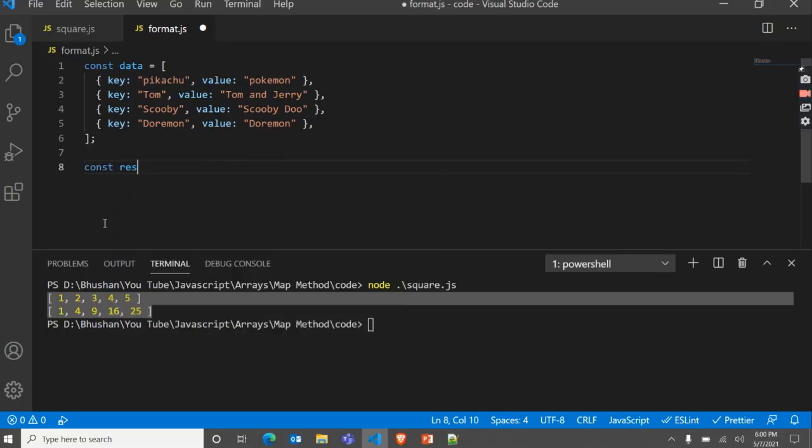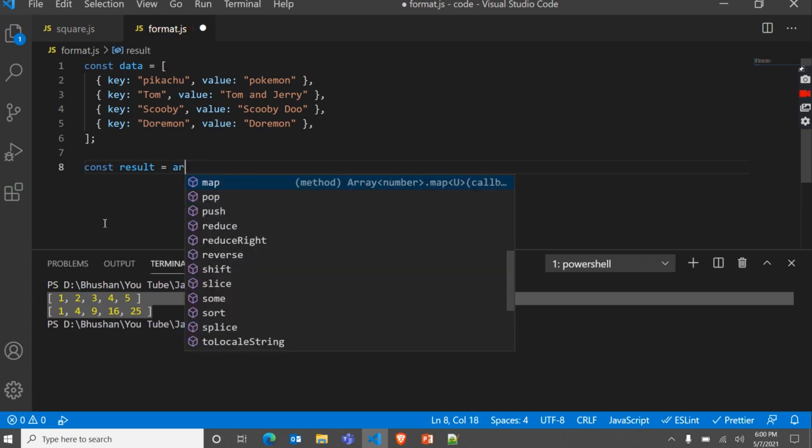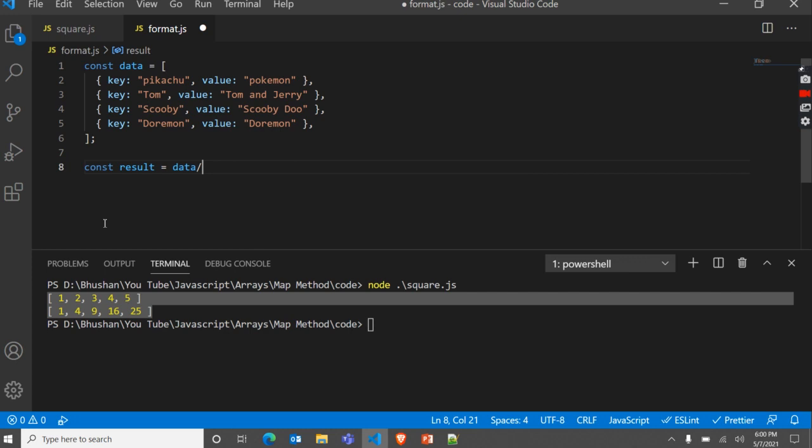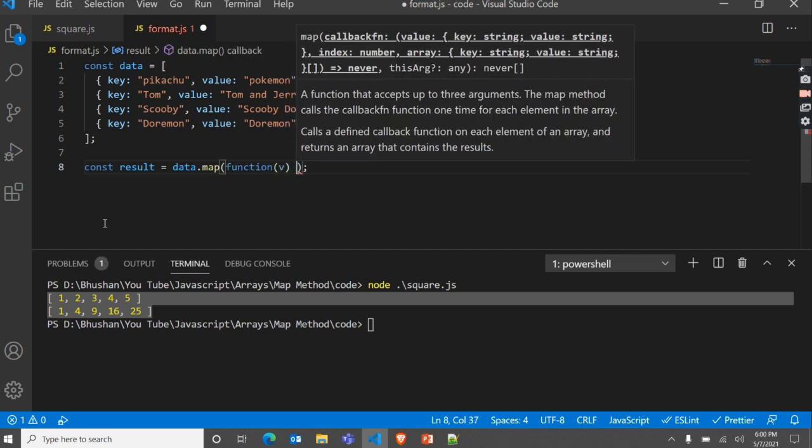Store this in some result variable and apply the map method on the array. We don't have an array variable, we have data, so data is the variable name. Let's create our callback function here with v as value.